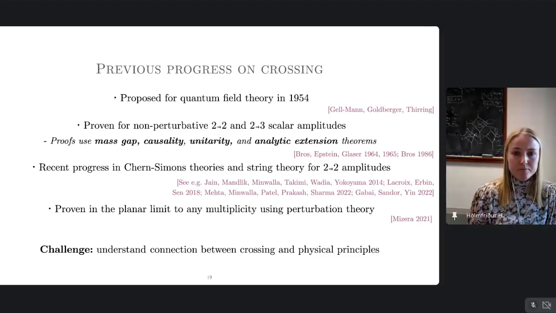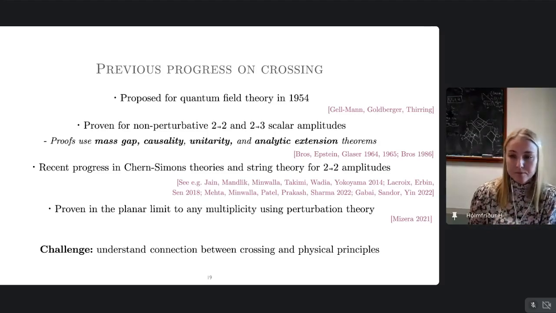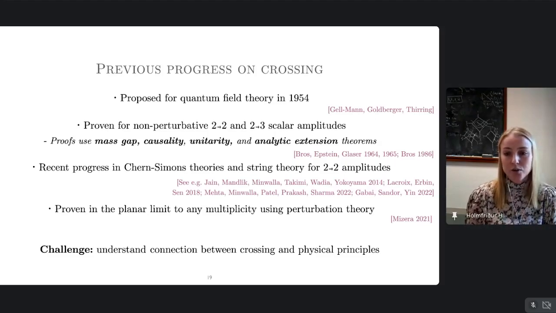And so the 2 to 3 amplitudes were analyzed by them. So they found something similar to your result? Yes, they did. That's actually an excellent question. And we agree with everything that they do, of course.